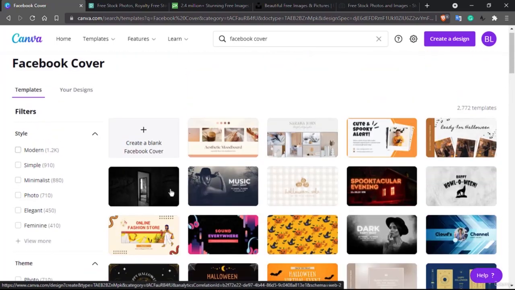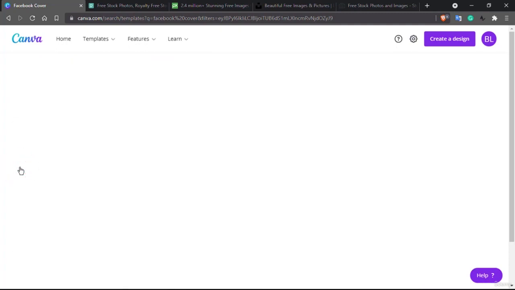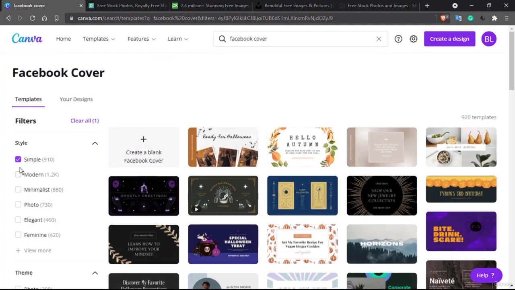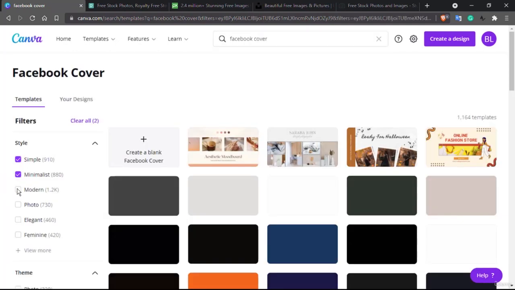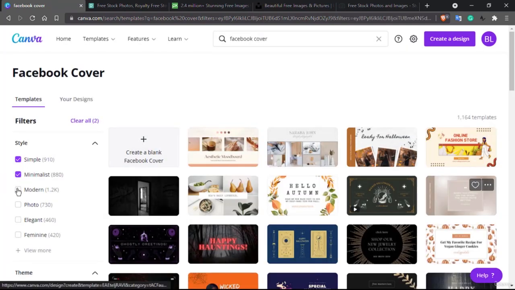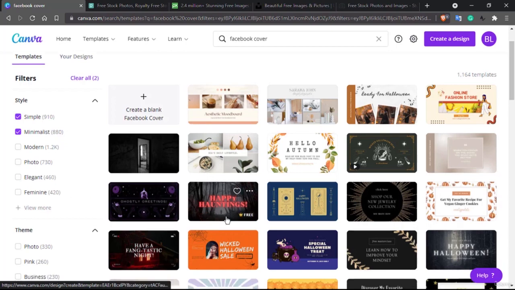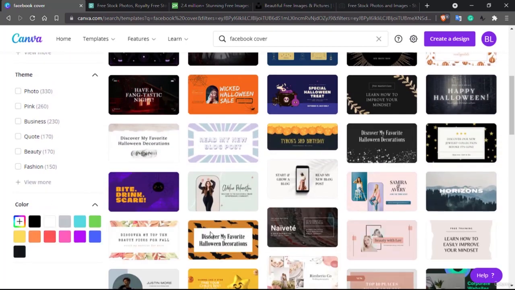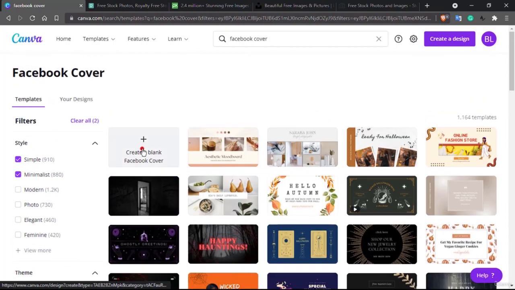If you want some simple and minimalistic design, you can just click on your filters, and here is minimalistic and simple. So let's see. So now this is all the simple and minimalistic looking. For this one, you can see even this one is nice looking one. So for this one, let's start straight by creating a